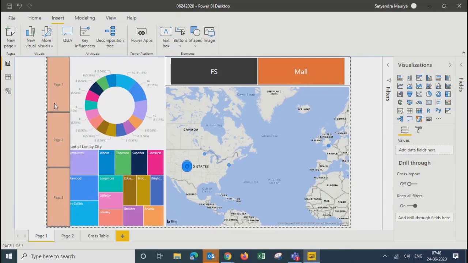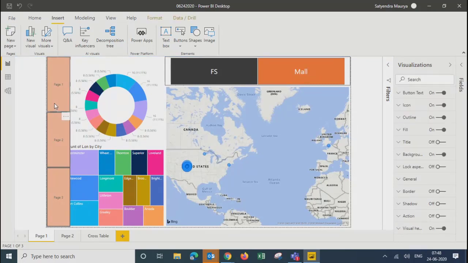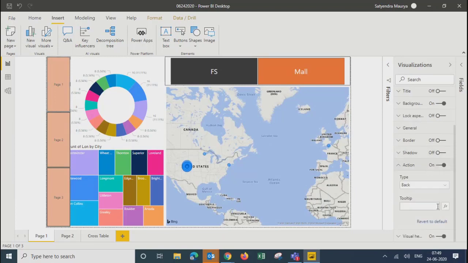As of now, I have just given names. The next thing is the action. Under action, you will find options for what type of action you want: back, bookmark, drill through, page navigation, question and answers, or web URL. Right now, I'm going to do page navigation.